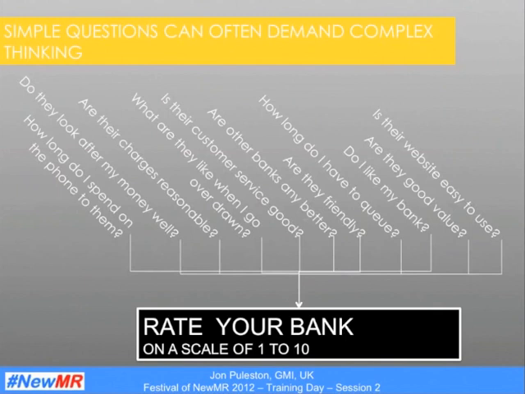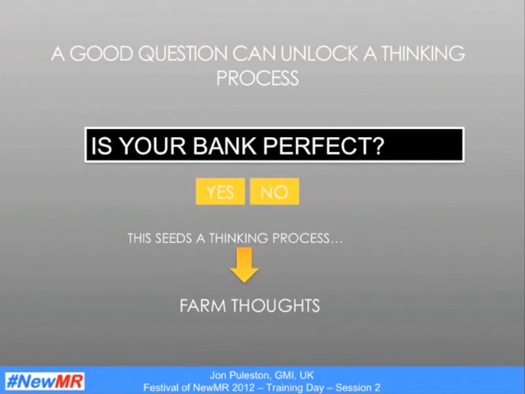And in that one question, you're trying to ask people to do all sorts of things, and it becomes a very difficult thing for people to really get their head around an answer. And as a result of that, they almost give up and they just give a sort of raw response. They might say 7 or something. And what does that mean? Now, I think that more carefully choosing that question and navigating through that thinking process can unlock some rational understanding of what they're being asked to do.